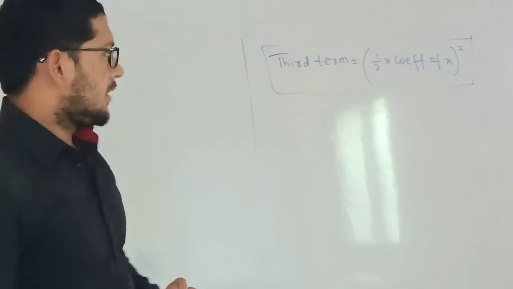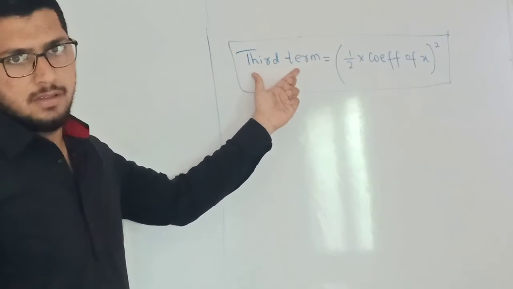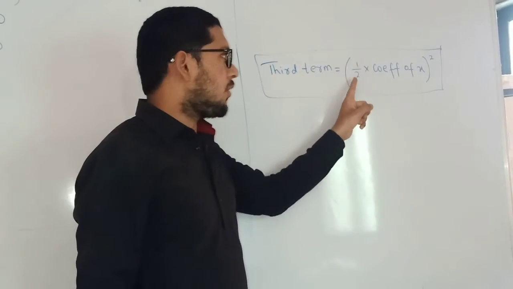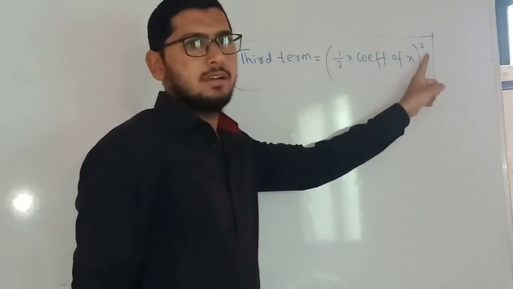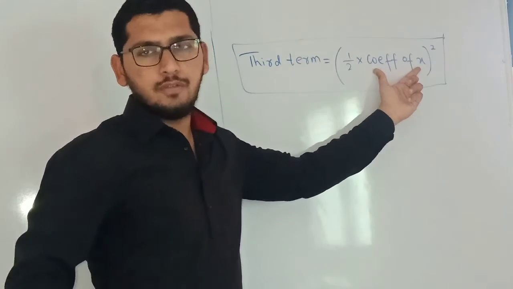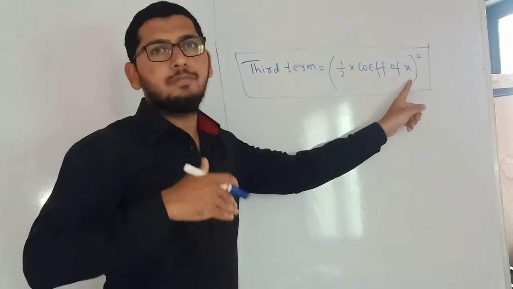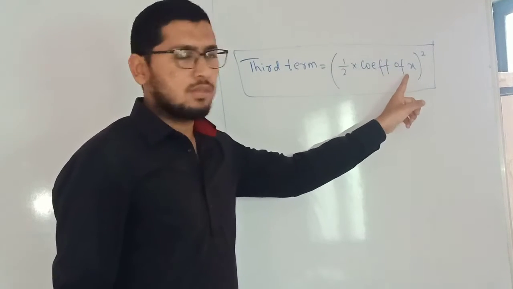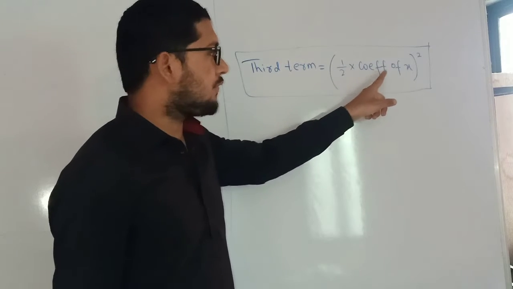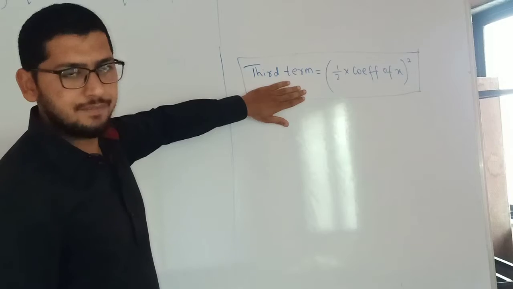Before completing the square, first we need to find the third term. We have to find the new third term. To find it, there is a formula: 1 upon 2 into coefficient of x, whole square. This coefficient of x is not permanent. If the equation is given in the variable y, then we write the coefficient of y. If the equation is given in the variable p, then we write the coefficient of p. So it depends on the equation, and this is the formula: bracket 1 upon 2 into coefficient of x, bracket whole square. First we'll start with this formula, then we'll proceed ahead.